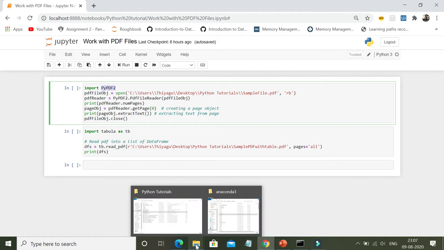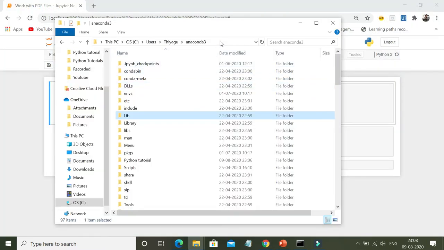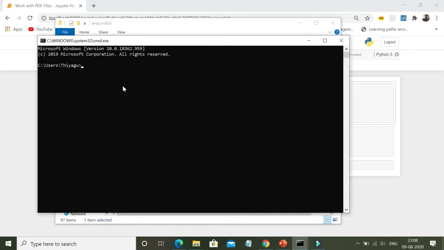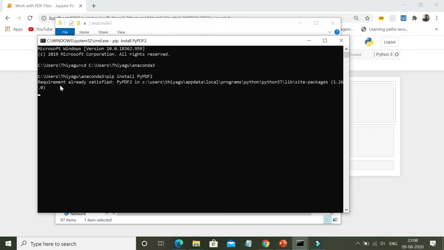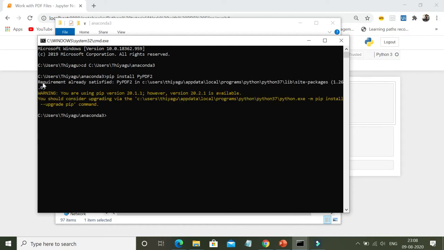I'm using the Anaconda Jupyter notebook here, so I'm going to go into my Anaconda path and quickly cross check if I have the module installed, using pip install pypdf2. Yeah, I have this package already installed, so it's showing me requirement already satisfied.